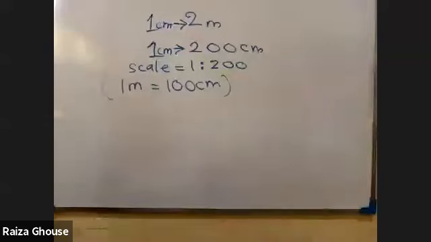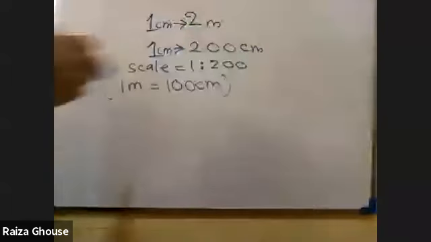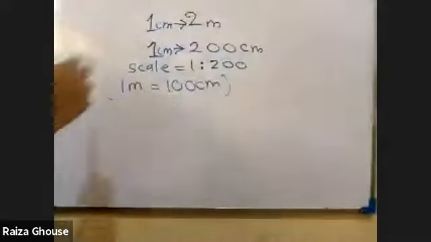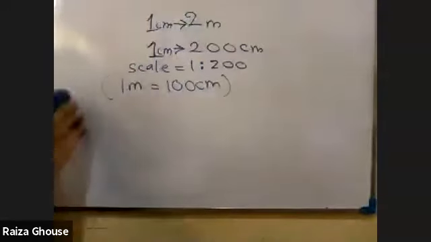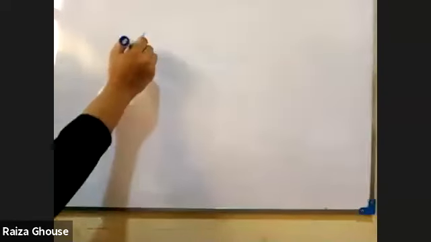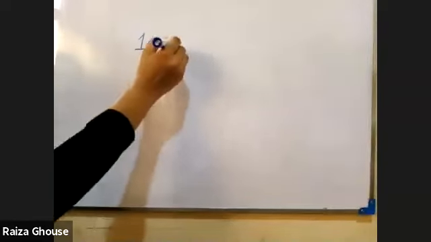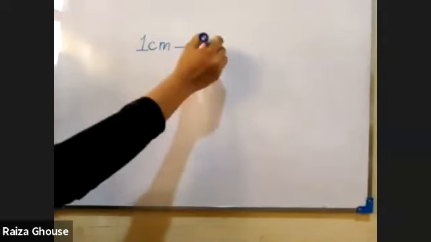Okay, right, no question. I'm going to explain this part again. Listen very carefully, and don't do any other things. Now I'm going to give you a scale. How do we write the scale? Scale is written as, I'll take another example, 1 centimeter is showing 5 meters.